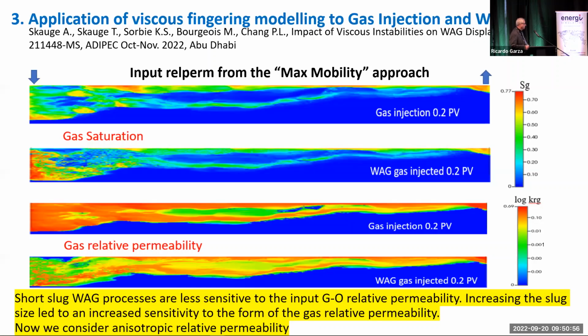if possible. Another thing that came up is we are looking at the force balance here between viscous forces, capillary forces, and gravity. And gravity, in this case, can work both ways for the gas. It could have a buoyancy that the gas is driving upwards, or you could have a kind of gravity stable injection if you inject it from the top and have a kind of angle on your reservoir. But what we see now is that we need to consider the anisotropy of the relative permeability in order to progress further. So thereby what we are seeing is that we have